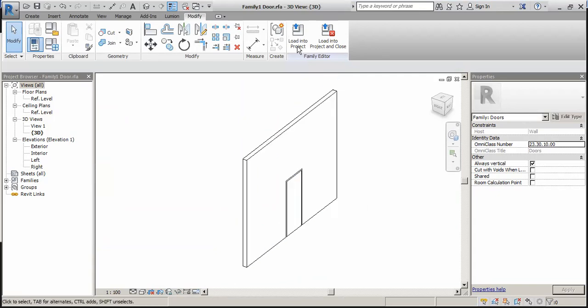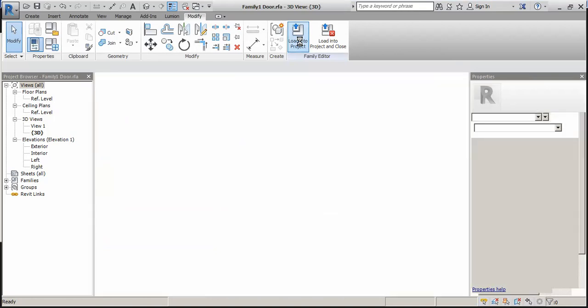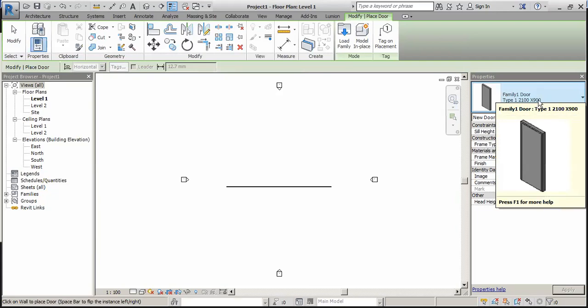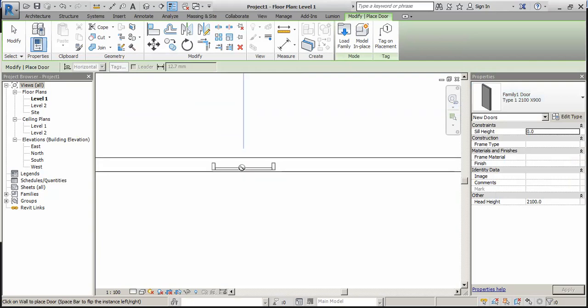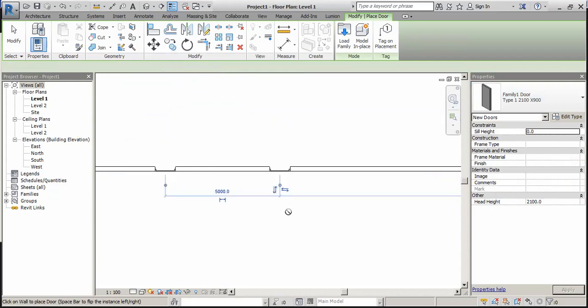Now we can take this into our project. So here load into project. This family, now it will go in this project. So here you can see family type 1, 2100 into 900. So we can place this in the wall. You are seeing that here we created 1 and here 1 more.